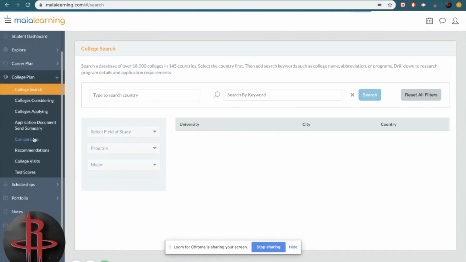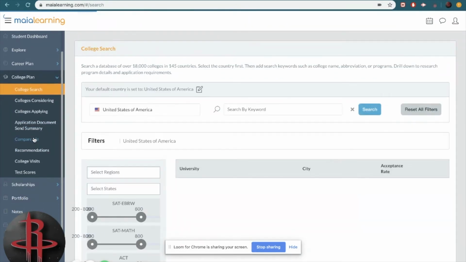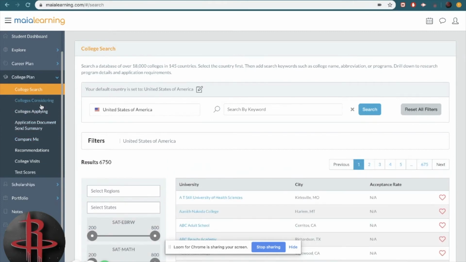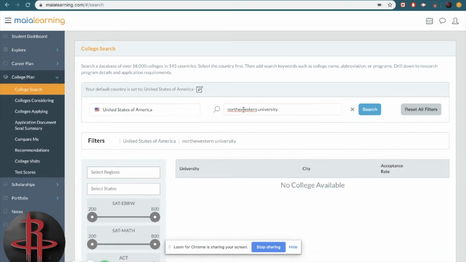This is mostly for 11th and 12th graders, but you can also use it if you're in 10th grade, obviously. You can just search up some of the colleges. You can go to the United States and then just search up, like, Northwestern University. And then once you get there,